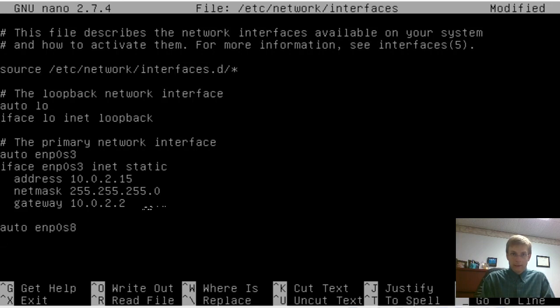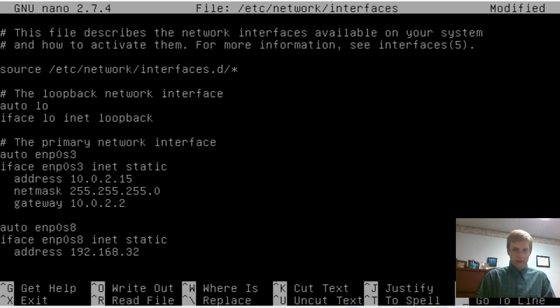Then we're going to set that up with another static address. iface enp0s8 inet static, with an address 192.168.32.10. Apparently my number pad doesn't work. And then we're going to give this another netmask. No, sorry, netmask is